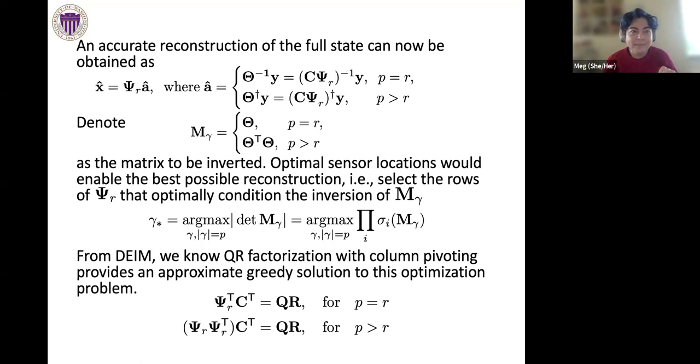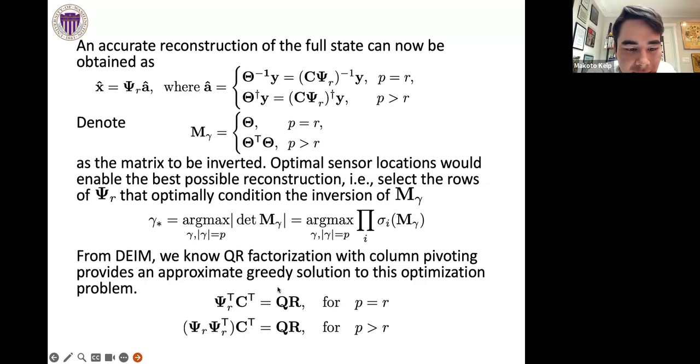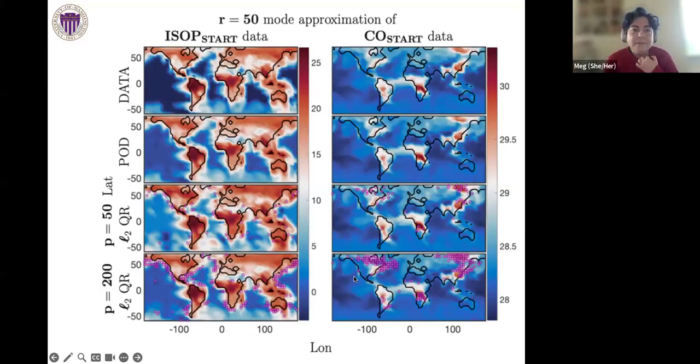I'm not sure what's happening here. It's frozen. Can someone help me? It's not letting me do anything. Okay, let me stop your sharing, see if that will reset it. Is your computer still frozen or is it okay now? No, it's okay now. Okay. Now I think you can share again. So,